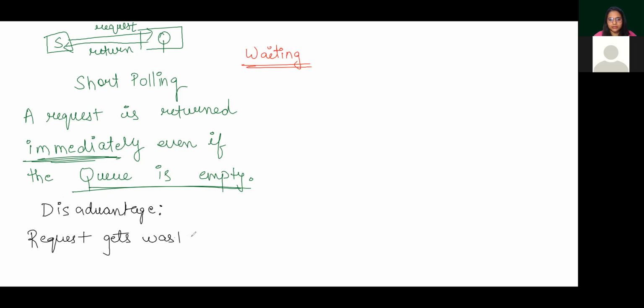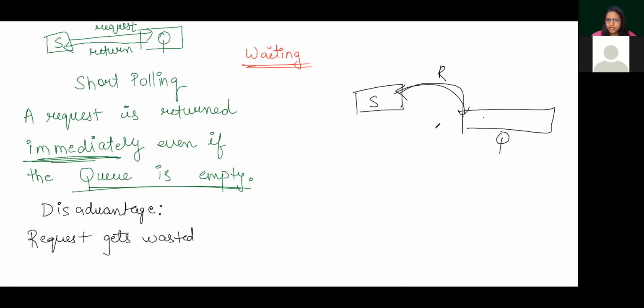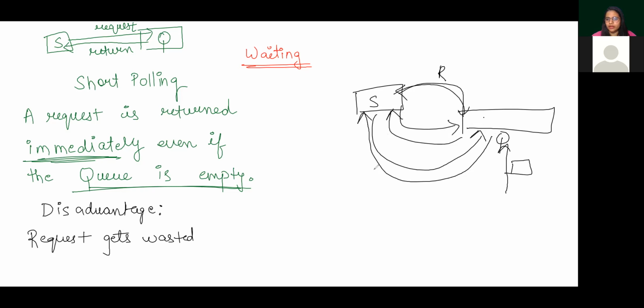How is a request getting wasted? See, this is a server and this is a queue. It is sending a request and it is returning. It is again sending a request, and it is again returning. Sometimes what happens is it sends a request, and just as the message is about to come, it returns to the server and says there is no message in the queue. So multiple requests are getting wasted because the main aim